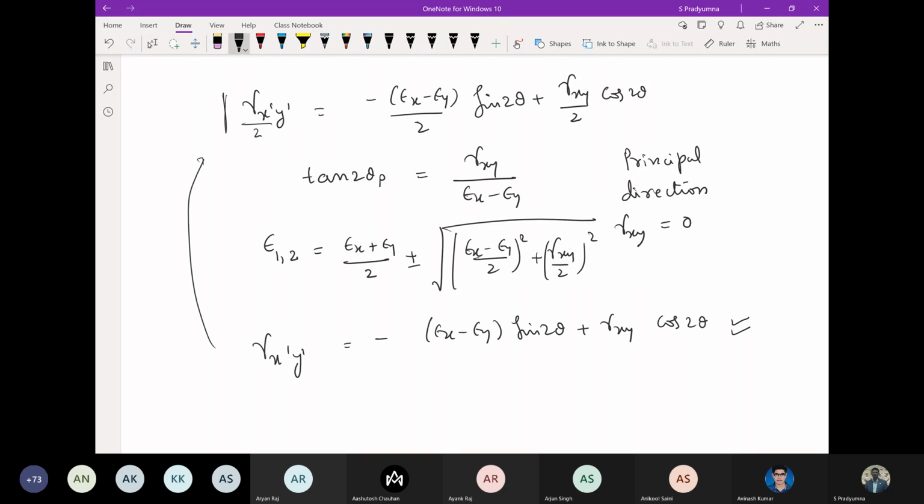All right. So this is about the transformation of strain, the definition of strain with respect to the strain displacement relation. So we have written it here. Now we can also extend other discussions, like for the 3-dimensional or general state of strain, how to get the principal strain, how to get the Mohr circle, how to get the maximum strain. All those details can also be worked out for the strain case also. So that we shall take up in our next lectures.